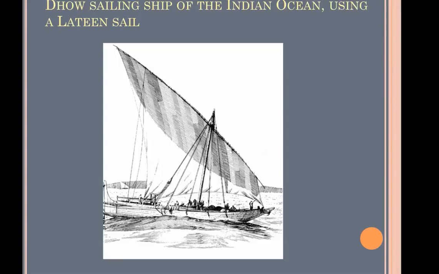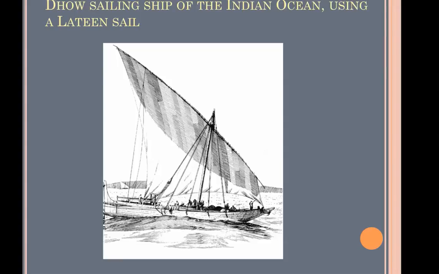You read about dhows in the chapter, but I just wanted to point out one thing in particular that I don't think they emphasized enough. In terms of sailing technology, this triangular or lateen sail, right here, is important because it allows a ship not only to sail with the wind at its back, but to actually be able to sail at different angles to the wind through tacking and being able to use their sail in more creative ways. They're able to move it, for instance, based on where the wind is. If you do any kind of sailing, this might make perfect sense to you.